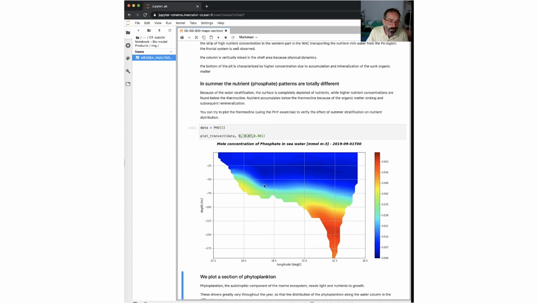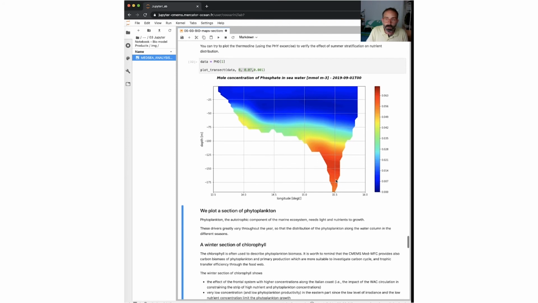And this is also a consequence of the vertical stratification of the water column. So you can compare with the physical exercise at the level of the mixed layer depth. That is almost the same as this nitrate line